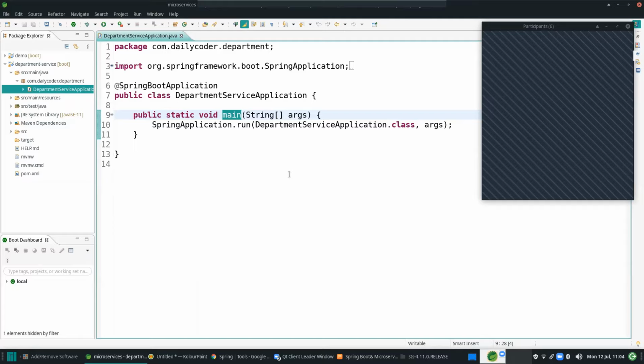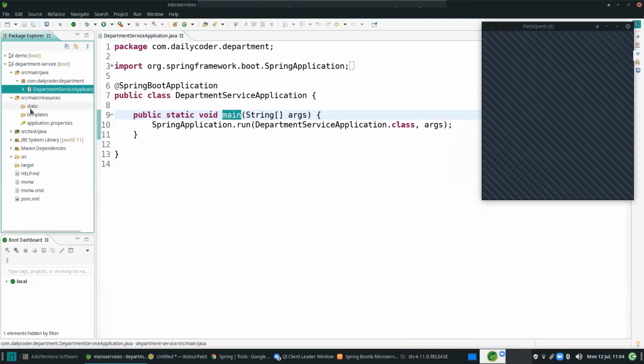See, now this is a simple application. You are not going to touch this class, and you use it as it is. If you want to add some stuff, you can, but I recommend not adding anything in this. So you have the resources, the static folder, and the templates. The static folder is used for static content, like JavaScript and CSS files.